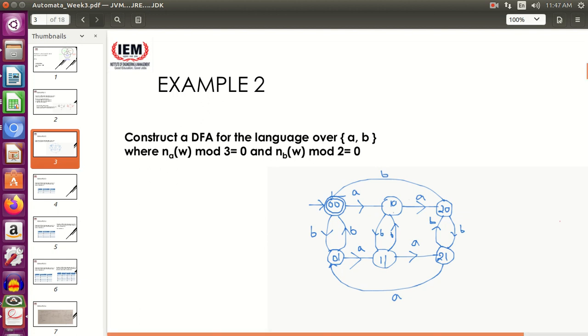If you just sit and think, okay, the number of A's will be divisible by 3, so this state to this state, it becomes a tough and time consuming job. So if these types of shortcuts are known to you, it will be much easier to construct the DFA. But obviously I'll always say, once you are done with the construction, please check whether it is accepting the language in question.